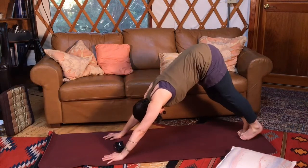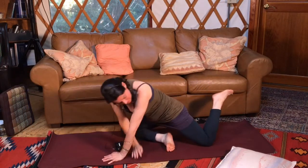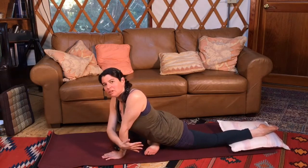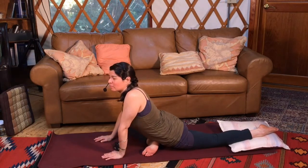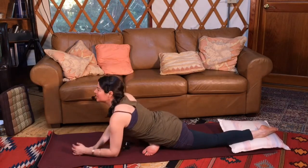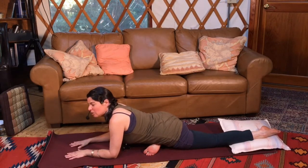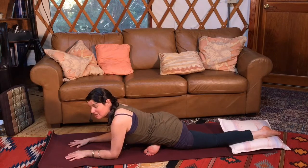So we'll come back up. And again, this is being very gingerly as I come forward. So here I go. I'm going to place my foot back on the pillow because the idea is that we don't want the foot to slam to the floor, or my toe's way back there. I can't really keep track of it if it's just laying on the mat kind of unattended to. And so the pillow is going to protect me from hitting it or doing anything that would damage the toe. The famous blue toe,